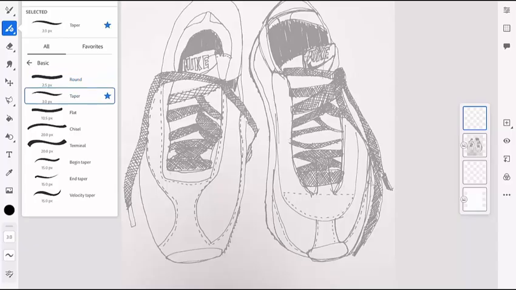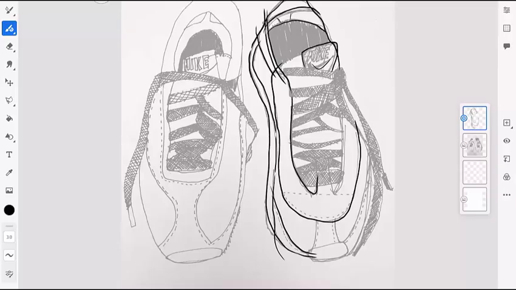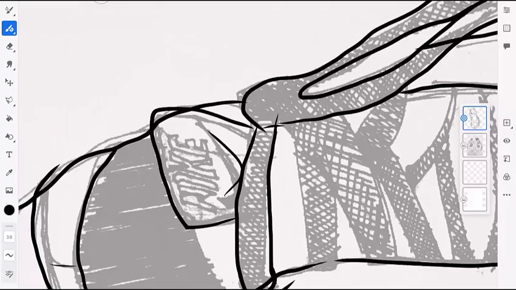Over on the left hand side are all the brushes. I recommend working with the vector brushes to start off with for your line work, simply because the vector brushes can be used in conjunction with the app's quick selection tool. You can see here how I'm extending my lines because the one thing that you do need to do when you're working digitally, if you want to add colour, is make sure you create whole shapes.